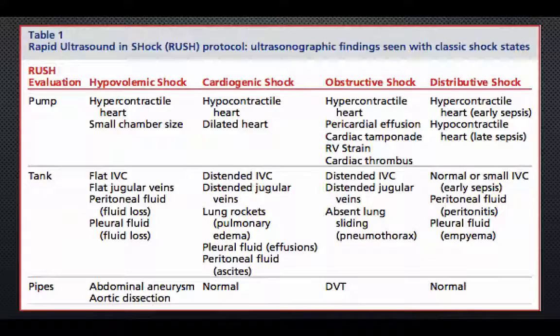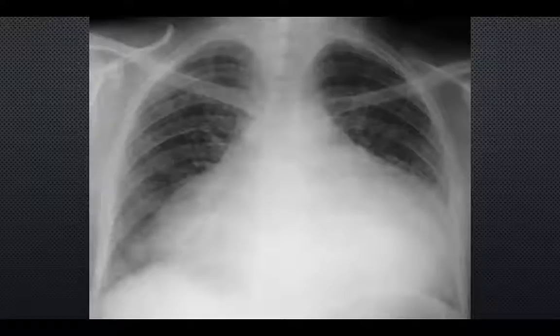The tank is an examination of blood flow and involves evaluating the IVC for volume status, the abdomen and chest for evidence of peritoneal or pleural free fluid, and the lungs for evidence of pleural effusion, pulmonary edema, pneumothorax, or empyema. The pipes are the vessels themselves and can be evaluated by looking for DVTs and at the aorta for evidence of aneurysm or dissection. In this patient, the chest x-ray is still pulled up on the portable machine and shows